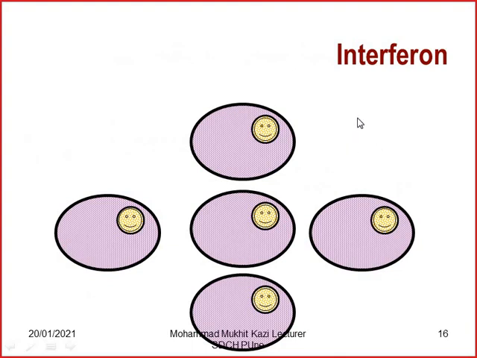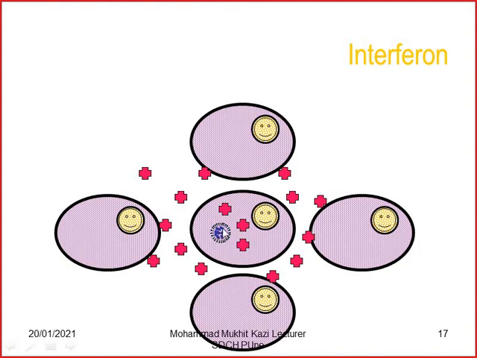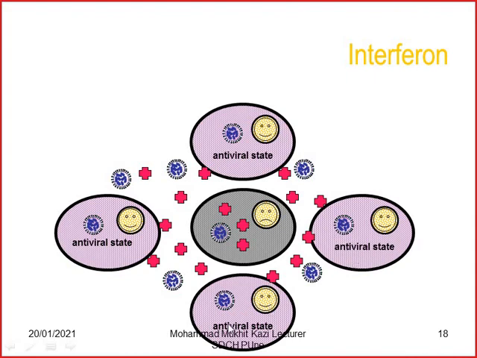Now, these are the cells, and we are trying to find out how interferons are produced. Now this virus has entered into the cell. What happens? The moment the virus enters the body, this infected cell will release these interferons, and this is called the antiviral state, and then the viruses are removed by the other cells. This is how they get rid of the viruses. You could see the virus was there inside these cells, and that has been taken care of by that cell through this signaling mechanism.